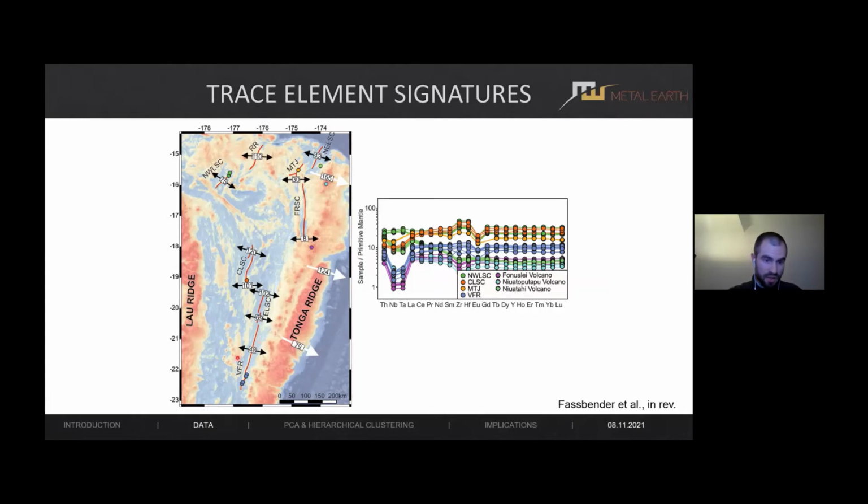And that causes those felsic melts from the Wall of Far Ridge to have these strong negative niobium-tantalum anomalies. They have overall low REE concentrations, a flat REE pattern, and very weak negative europium anomalies. In contrast, the samples from the central Lau spreading center and the northwestern Lau spreading center here have overall high concentrations in REE. They do have negative europium anomalies, and the negative niobium-tantalum anomaly